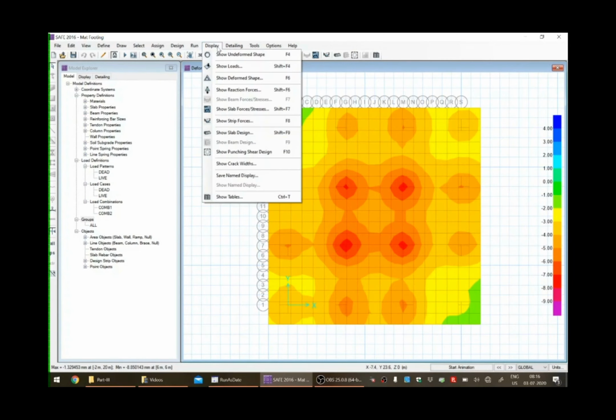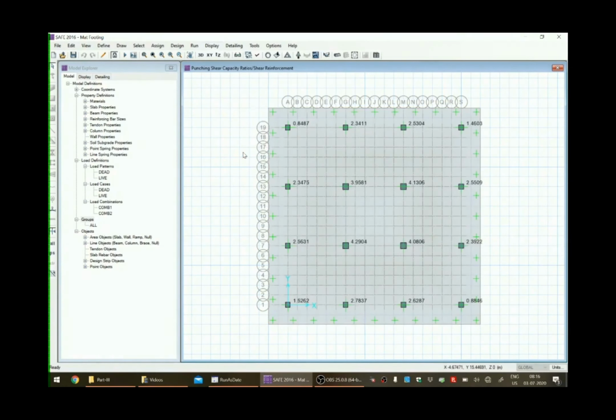Let us go to Display menu and show Punching Shear Design. So what we can see now is that the punching shears are more than one in most of the columns, even up to 4 at some columns, in the central columns like C6, C7,